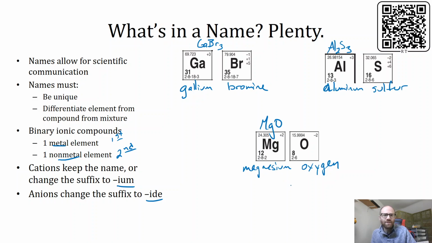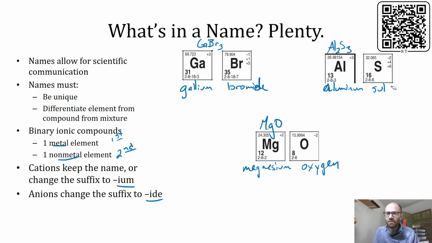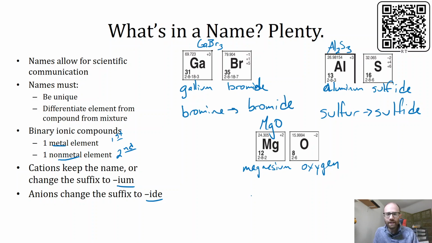It's not always 100% intuitive as to how those endings change, but bromine becomes bromide. Sulfur, we drop the last few letters. It's not sulfuride. We actually go from sulfur to sulfide. So sulfur to sulfide, and bromine to bromide. And then finally, oxygen becomes oxide. If you've ever heard the word oxide before,